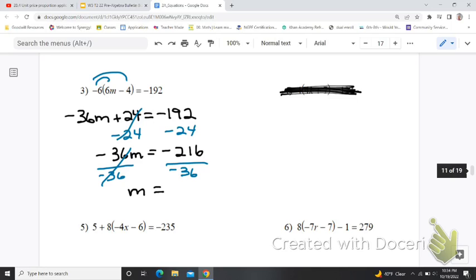Negative 216 divided by negative 36. Two negatives when I divide is a positive, and that is 6. So that's one way to do that problem. The other way to do that problem,